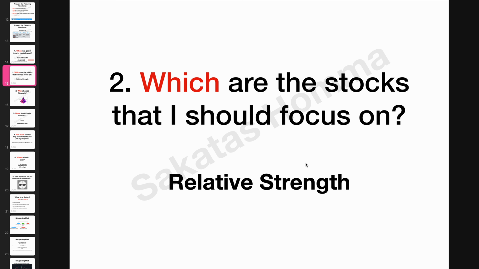But as a beginner, that might not make more sense because the first thing is like, "Oh, this has already run 60%, that flag pole is 60% long, how much more will it go?" And then you gravitate towards a laggard which has not broken out yet, because it has no reason to break out, because it's a laggard. Okay. And then the example which I'm going to show you today is more from a day trader's point of view.